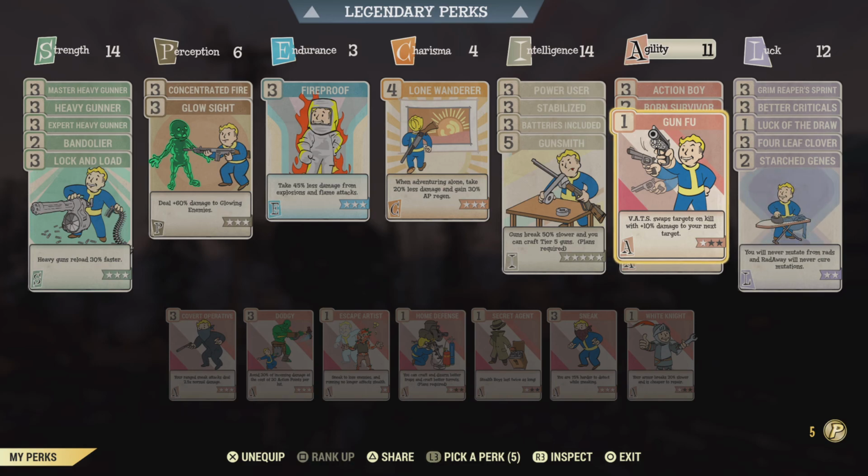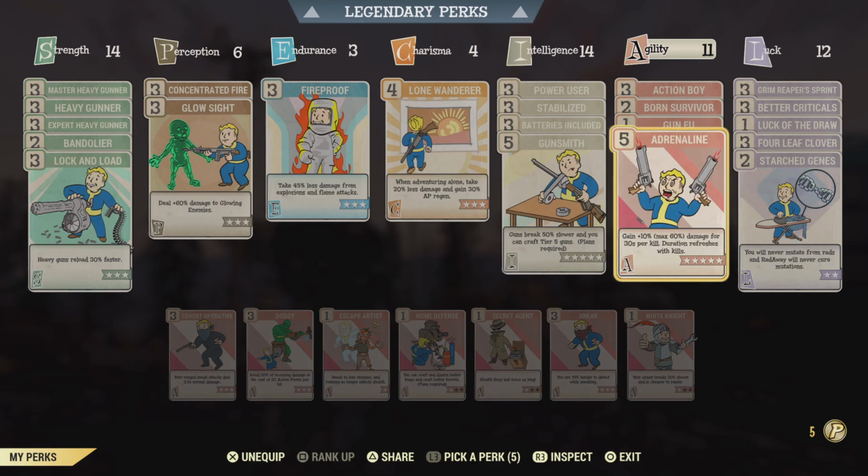Then we do have 1 rank of Gun Fu. We could have definitely gone higher, but I just wanted to have the gimmick of switching between enemies and could live without the damage boost, so rank 1 was it. And lastly we do have Adrenaline, which is universally good and definitely comes in handy